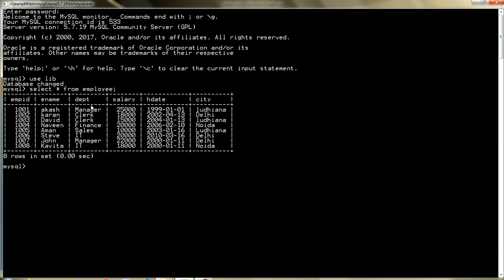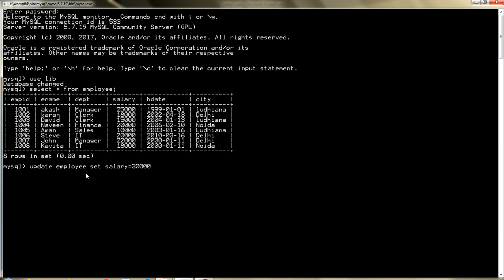Now you can see, if I want to update, let's say, the salary of employee Akash to 30,000, I need to write the command update. After update, I need to write the name of the table, that is the syntax. Update employee. Employee is the table name, so I've written update employee. Then what do you want to change? For that, the set keyword will come. I want to change the salary, so the salary column will come. I want the salary to be 30,000, so let us write 30,000.